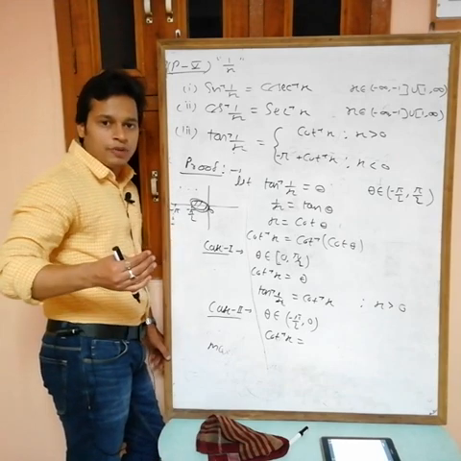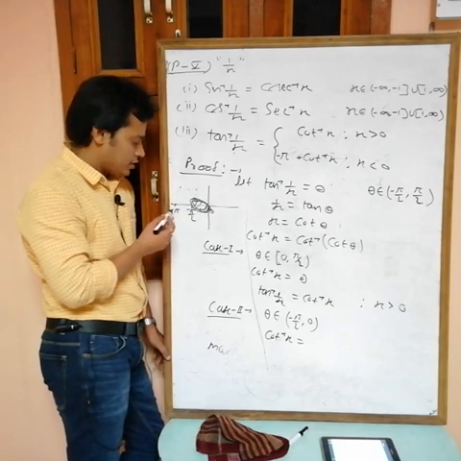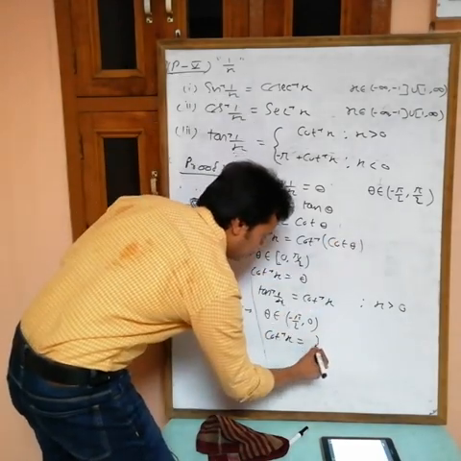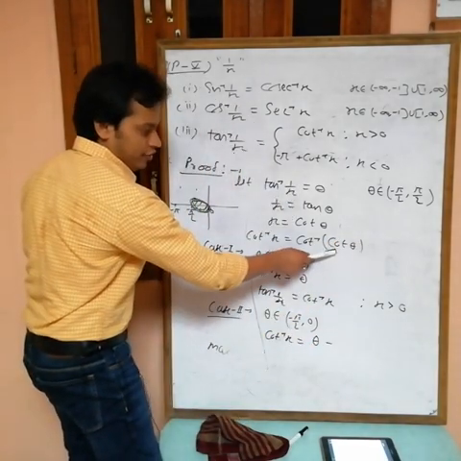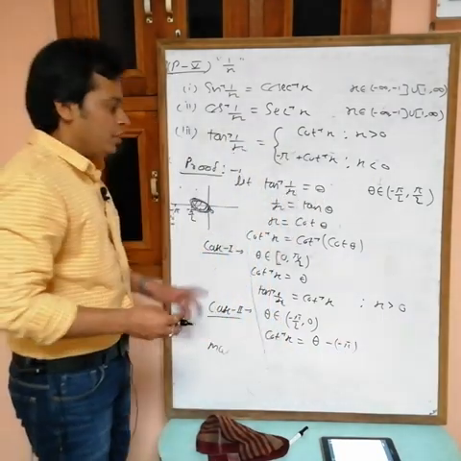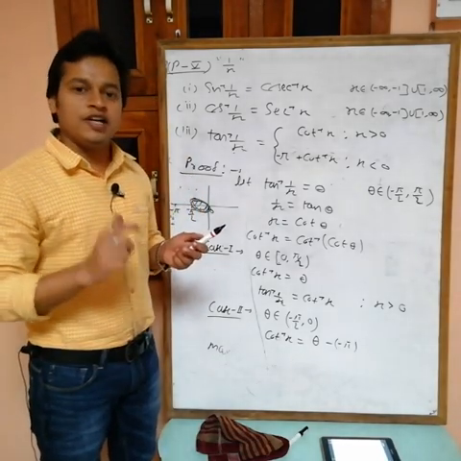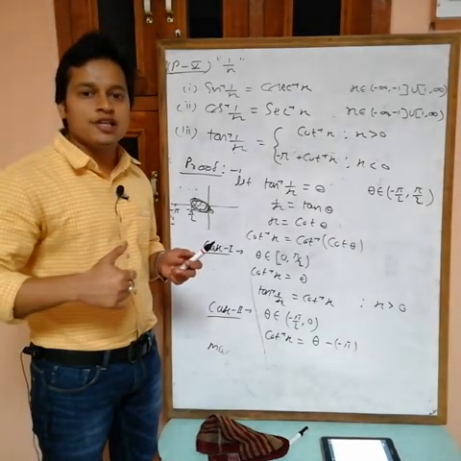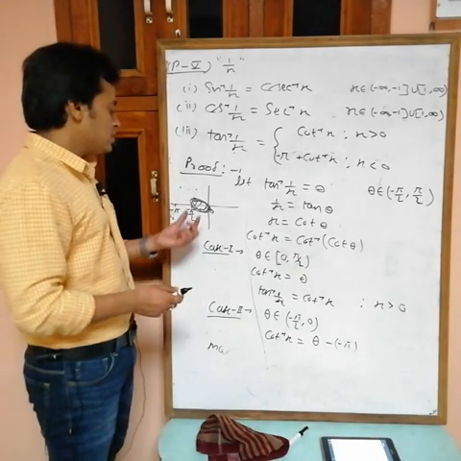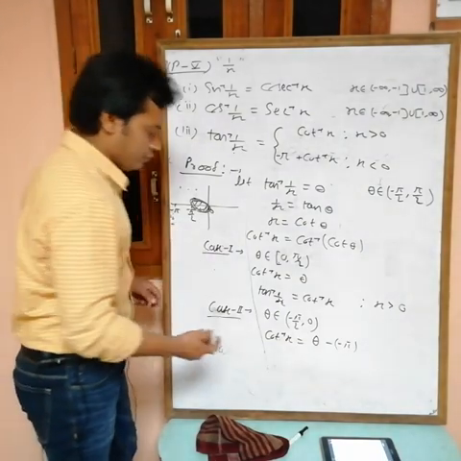The formula is x minus n pi, where x is greater than n pi. When theta lies in this range, theta is greater than minus pi, so the formula gives theta minus pi. In cot inverse cot theta, if theta is greater than pi, then theta minus pi; if theta is greater than 2 pi, then theta minus 2 pi; if theta is greater than 3 pi, then theta minus 3 pi. At this time theta is greater than minus pi, so theta minus pi is the value.